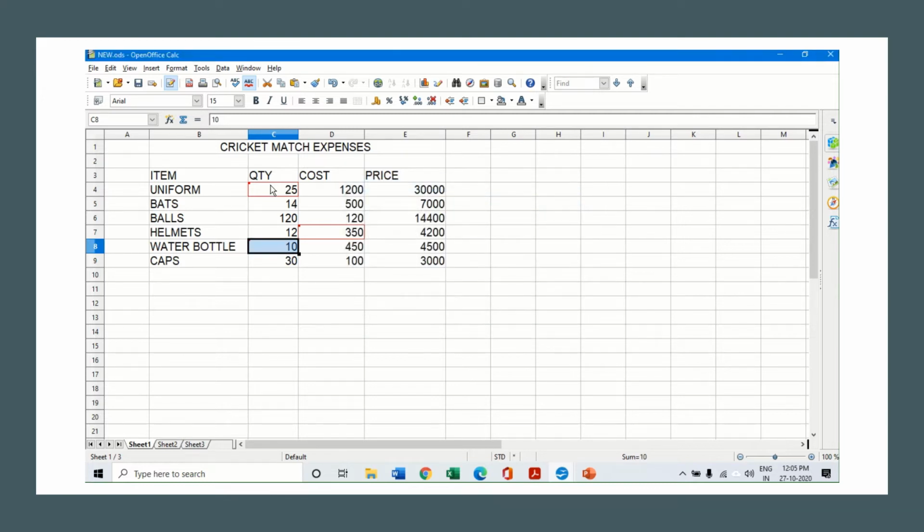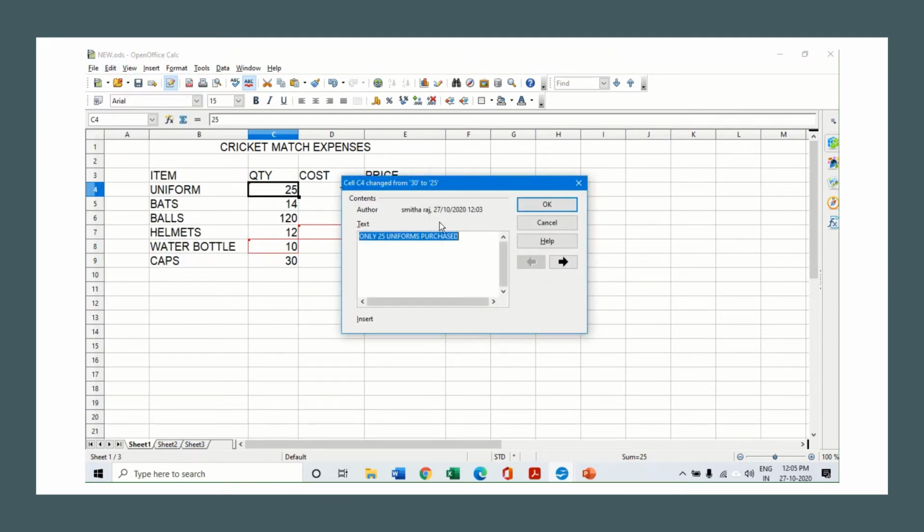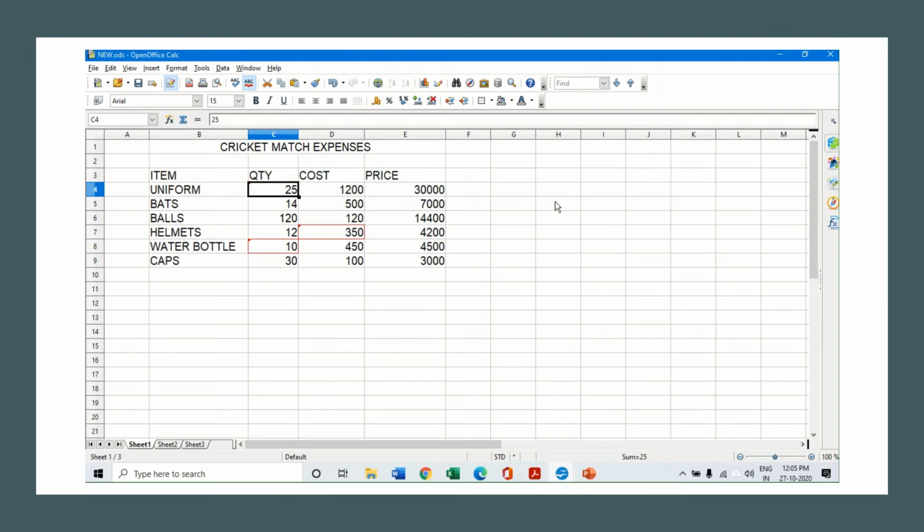Now when I click over here, again on the cell, the extra comment that I have added, "only 25 uniforms purchased", will also be visible to me along with the default comment which is already given. So in this way you can add comments, and you can make changes to existing comments. If you want to make some more changes, you can go to the changes and again click on the comments, and add something or reduce something. If you want only "25 units" and don't want "purchased", you can remove this and say okay. This way I can make changes to the comments which I have already given.